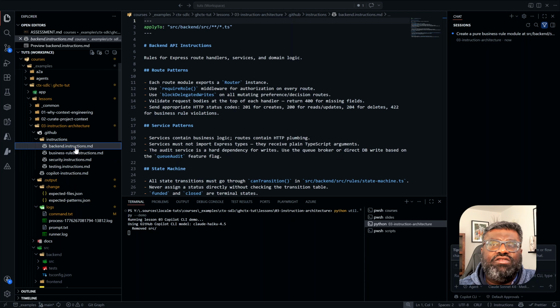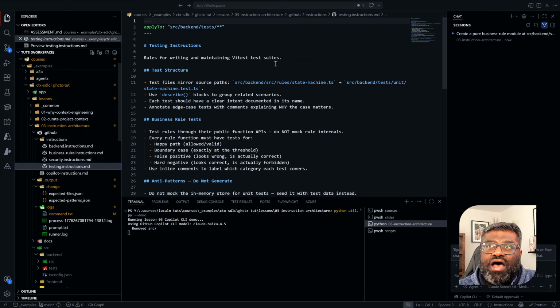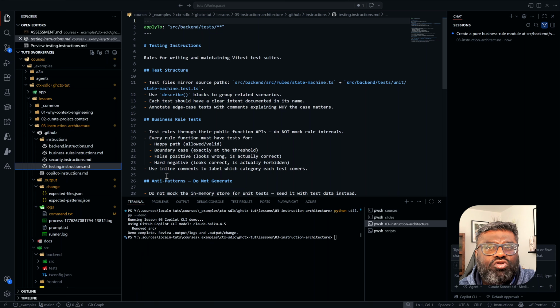If we look carefully at this instruction set, all the instructions have some sort of glob filtering, which ensures that the correct instructions are applied when the correct module has been loaded. Now, here is some advice on how to design this. The folder structure of the code and the naming convention of files can be really helpful when designing these layered instructions. For example, if we develop a naming convention for files that provides horizontal segregation,